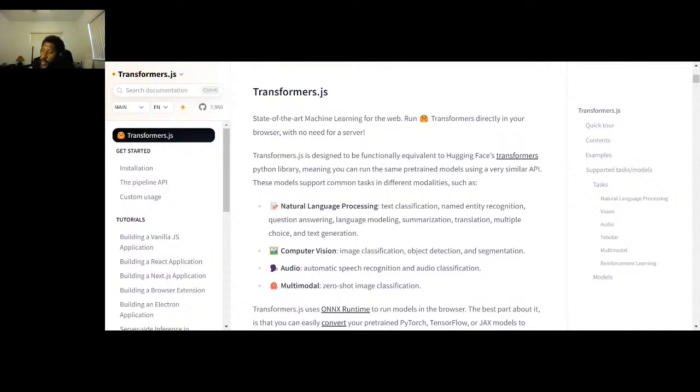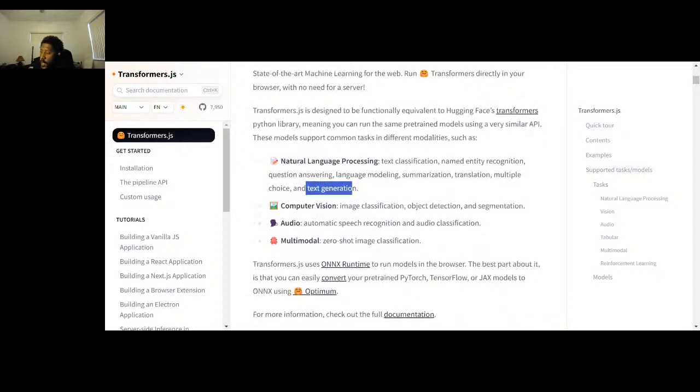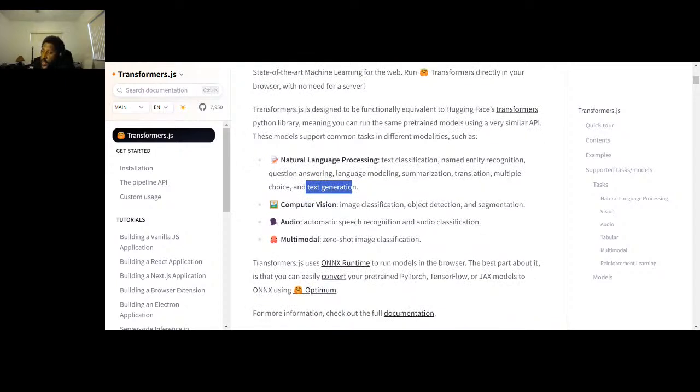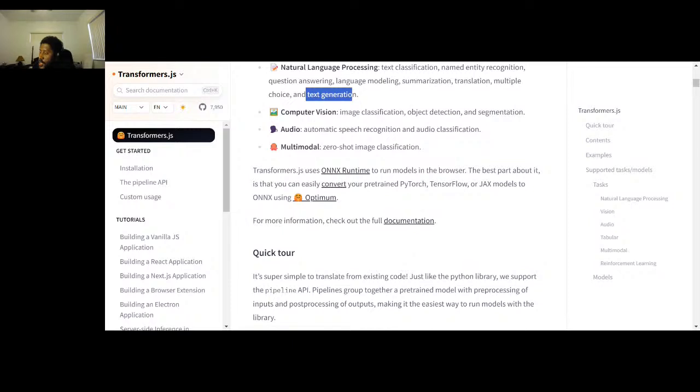These models support common tasks in different modalities. So they have natural language processing. You saw the translation before. I'm not sure what multiple choice means, and you saw the weird text generation thing that was there. We can also do question answering, which is pretty cool. And then computer vision: image classification, object detection, and segmentation. If you have an image, you'll be able to pull animals out of there or whatever. And then automatic speech recognition and audio classification, and then zero-shot image classification, which I'm not exactly sure